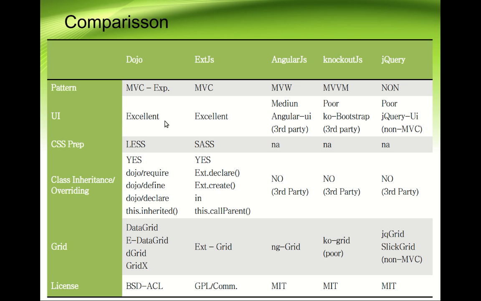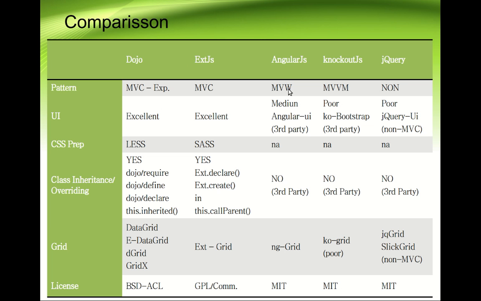Maybe the only problem is that the UI in Dojo is 50% programmed in HTML and 50% in JavaScript. Also, although you can program 100% in JavaScript in Dojo, most of the time you are going to find code that is not completely in JavaScript. And most of the documentation is also written in that way, 50% HTML and 50% JavaScript, which I don't like too much because HTML is an ugly way of writing code,